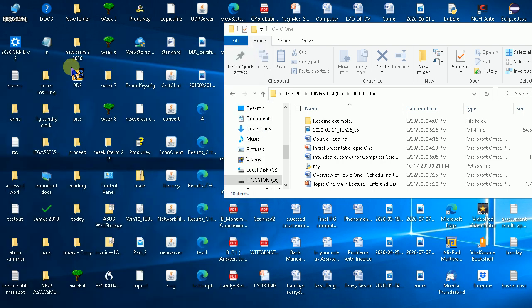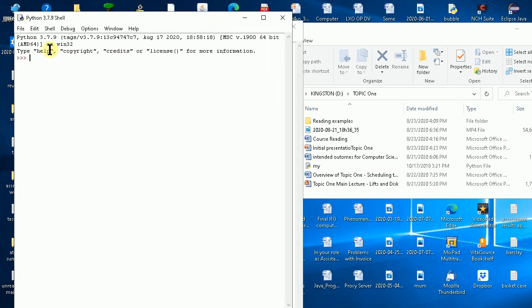Click on Idle, and what happens is that the application starts to run. And it just gives you a very basic screen or shell in which I can start writing Python programs. So the simplest possible Python program I can think of is this. It's just to assign the variable i the number 10, enter that,